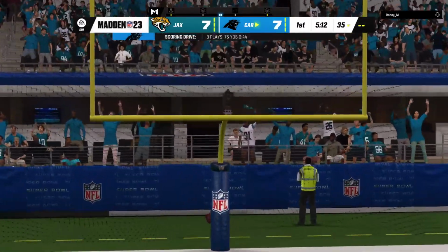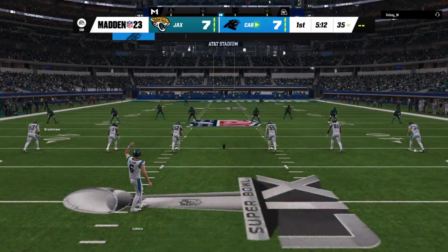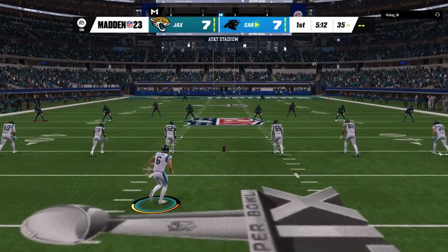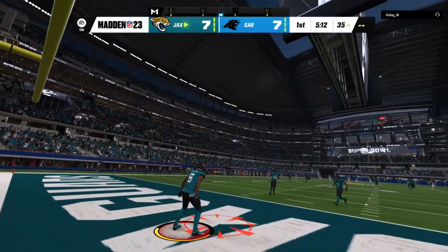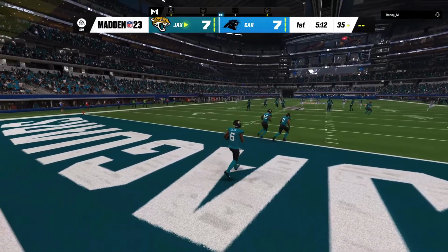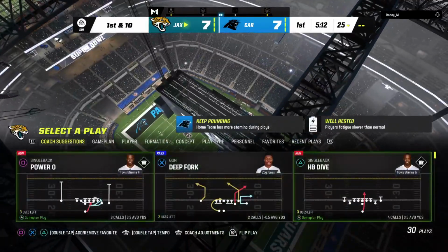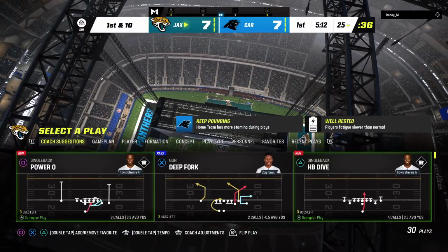Extra point by York is up and good. And we are tied at 7. Each team's had it. Each team has scored. 7-7 here as the kick's away. And a fair catch signaled for and taken successfully. The Jaguars take over first and 10 at their own